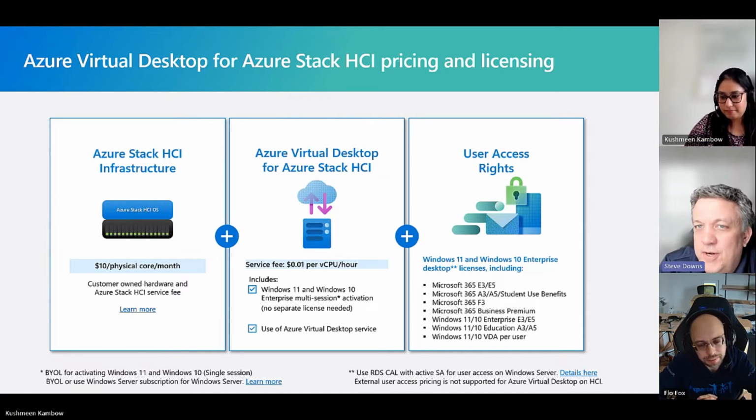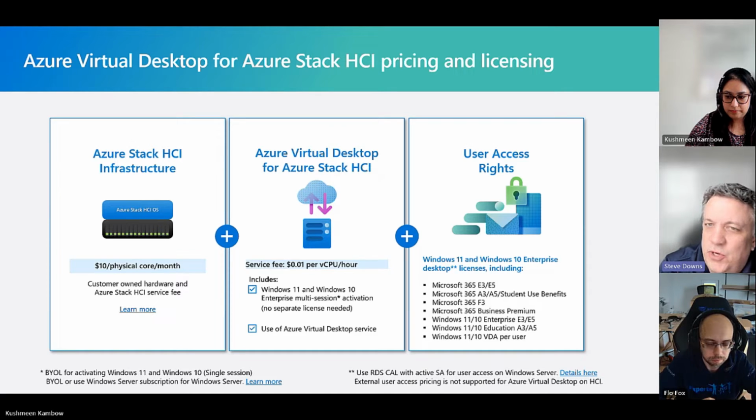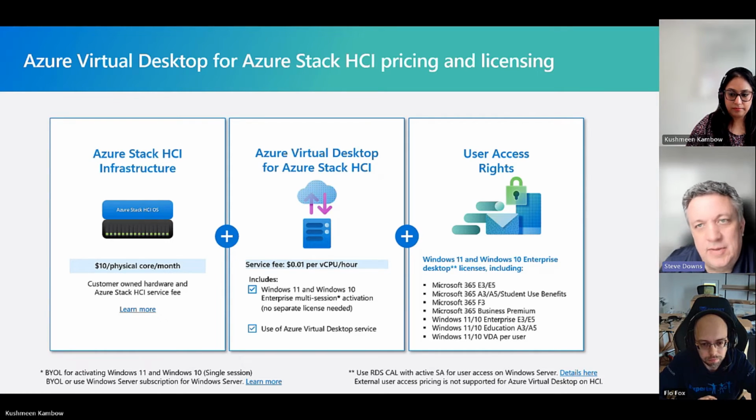Yeah, and I'll add, it's important to note there that this autoscale capability is the exact same capability that's available in Azure. You configure your auto scaling in the exact same way, and that theme plays out throughout the product. The top question I'm hearing a lot of people ask, and they ask it to my peers on the AVD team, is, when somebody is building a feature, "Is it available on Azure Stack HCI?" And at the end of the day, for the most part, the answer is yes, because it's not a separate service. Autoscale here is the exact same thing. It's a feature of AVD, so it's coming to Azure Stack HCI.